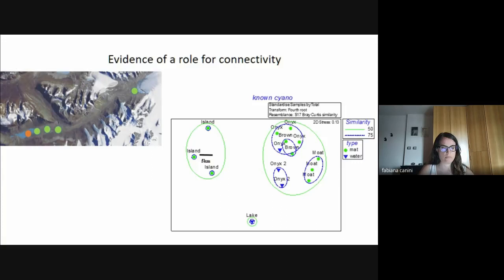The orange spots over here are these lakes over here on the left-hand part of the scaling plot, which are on a small island, which is not hydrologically connected with the green dots, and we're seeing that we're having a degree of separation of the communities on that location from those that are being directly affected by the Onyx River site. So this is our first evidence of connectivity. So as new habitat is created, it's being initially potentially affected by the source of propagules available to it.